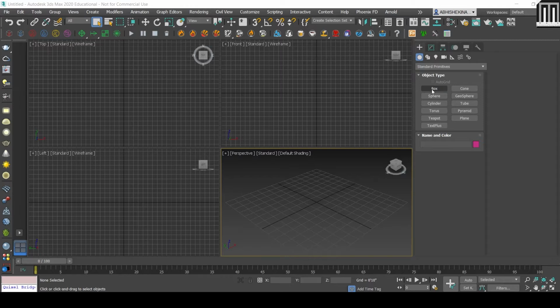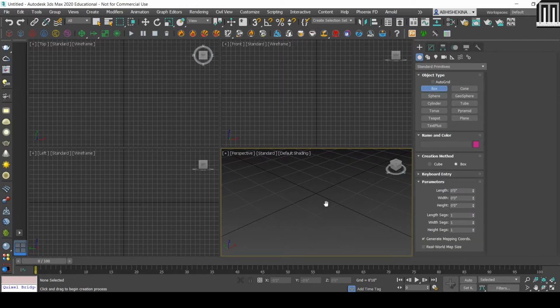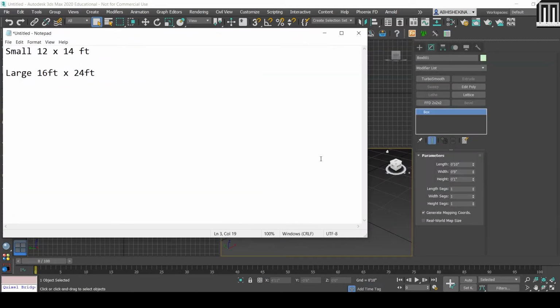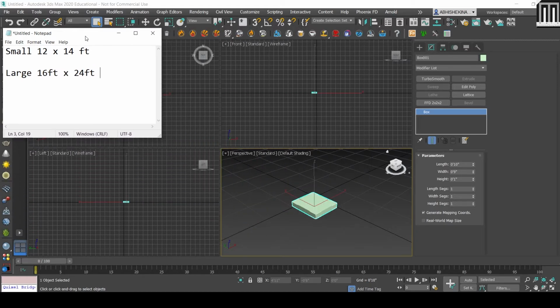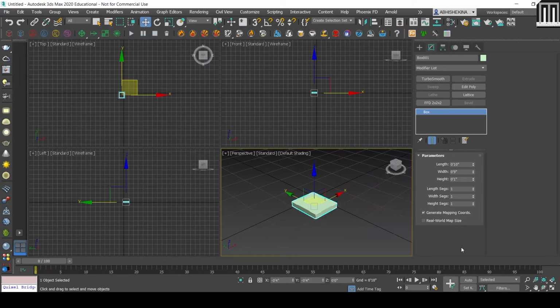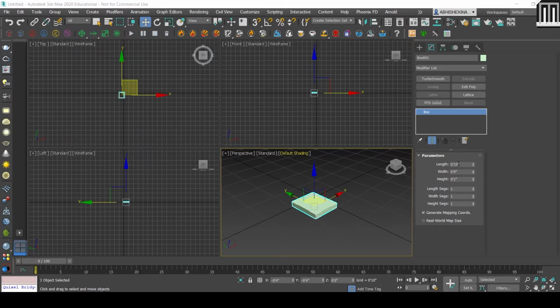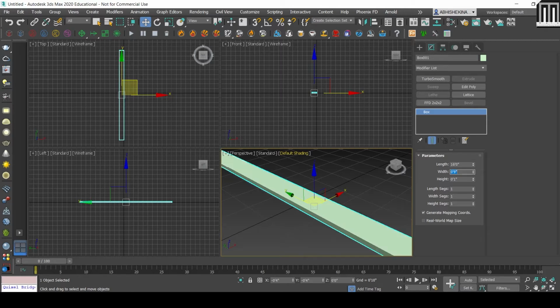Now to approach this, I'll take a box. I'll drag a small box and go to modify. Here, 16 by 24: 16 feet, then 24 feet.